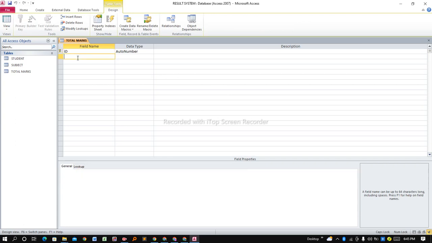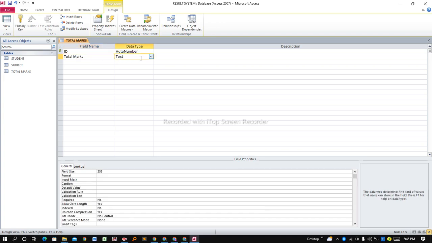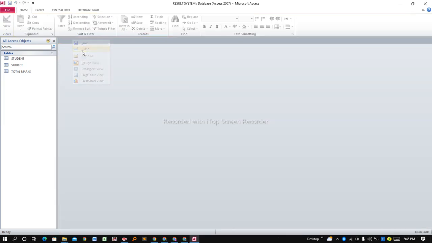Then we'll have another field name called total marks. The data type will be text. Then we save it and close. Now we have three tables, and remember when we started our video, we said we'll have to create three tables